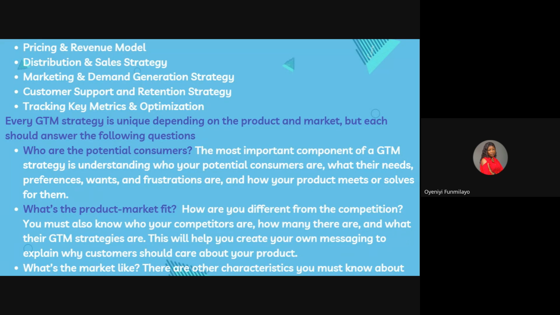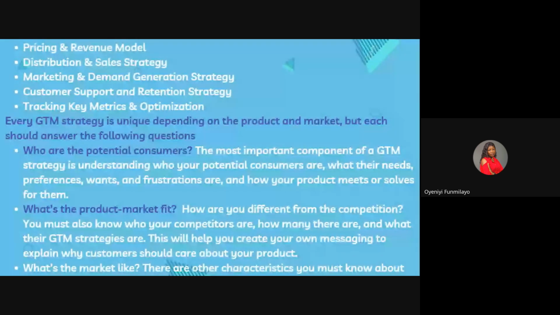You need to have a defined understanding of who your potential consumers are. It could be between, let's say your main potential customers are between 22 and 25, right? You see that we did not carry all the Gen Z along. It's just a particular set of people. And let me even say, inside this 22 to 25 set, maybe they are students. If they are any 22 or 25 that are not students, they are not part of your potential consumers.